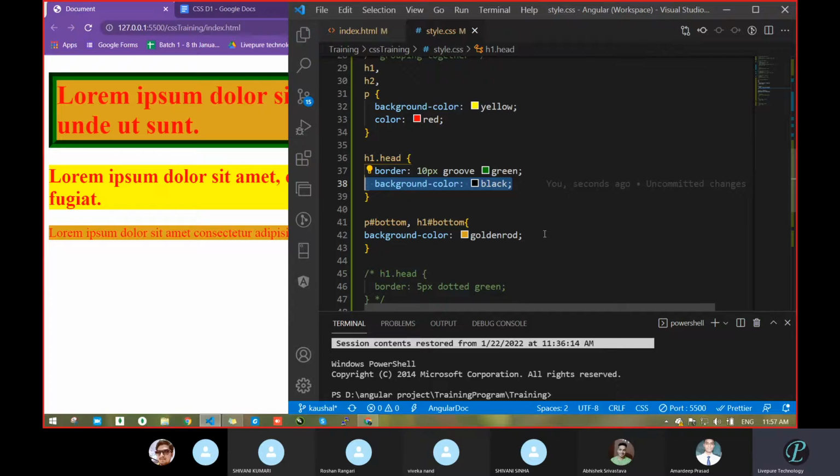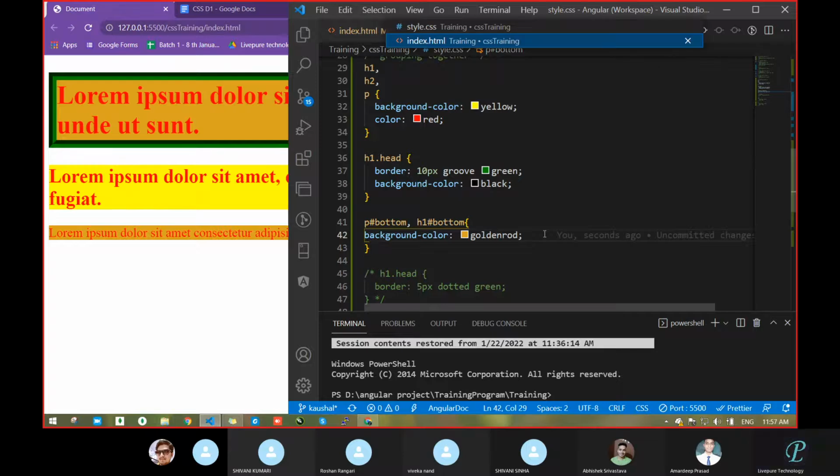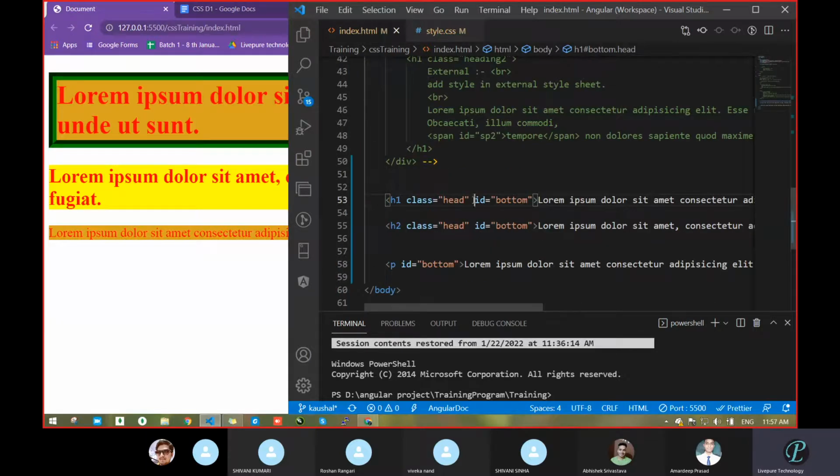It gets overridden. First the black color came, but it came for a minor second, and suddenly this line got executed. Due to this execution, the background color was first black, and after a minor second, the background color became goldenrod. That's why it gets overridden. So regarding ID, don't pass